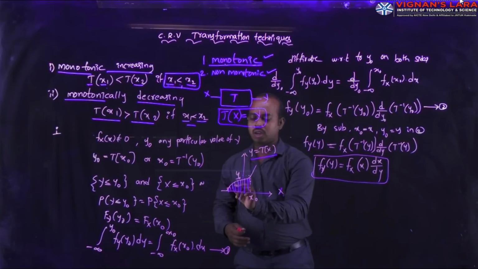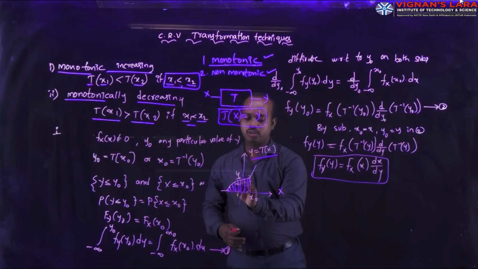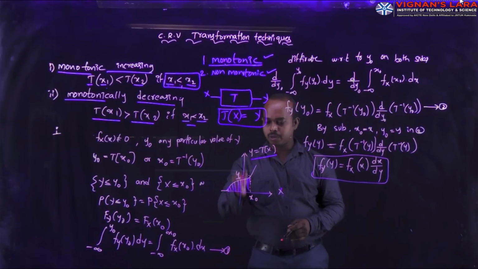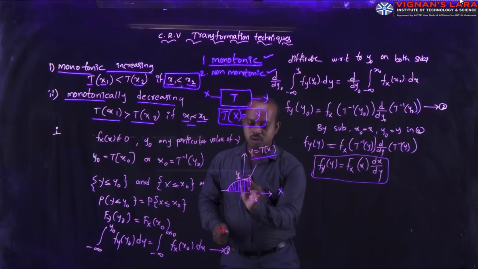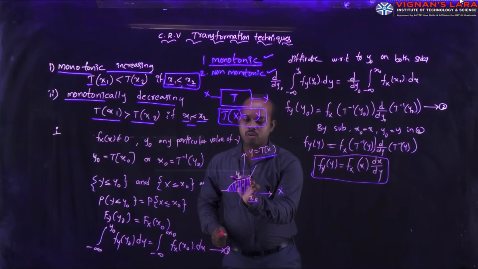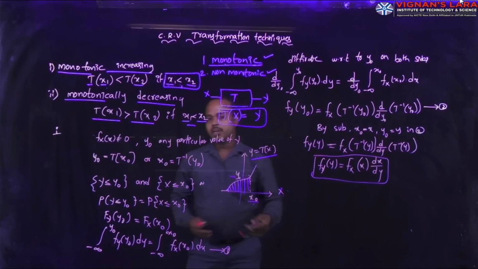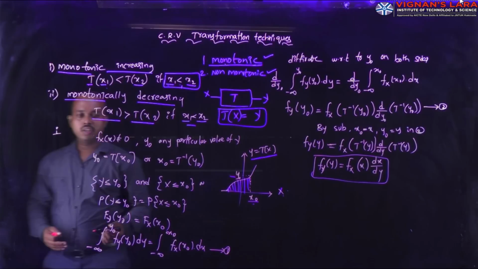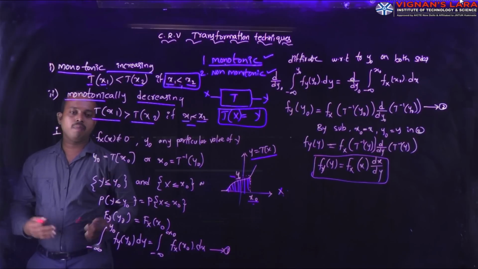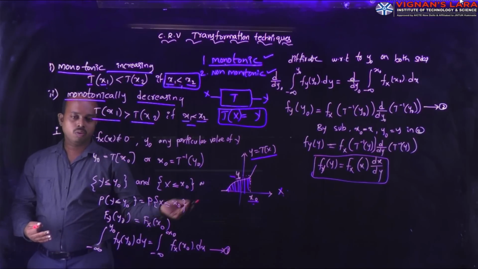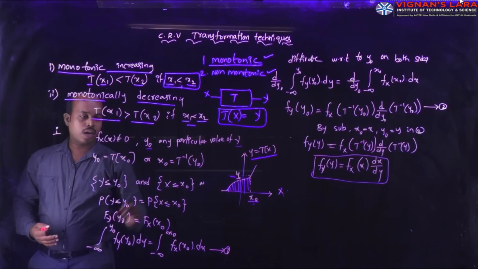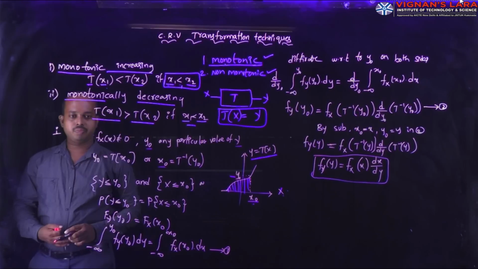I have just taken one graphical model. It is in increasing order. Just I am taking one curve. In this curve, I am representing one quantity here, x naught, and here, y naught. The x naught quantity relates to the input, the y naught quantity relates to the output. To obtain the monotonically increasing function, you can consider the assumption that y naught and x naught are any particular values of the respective random variables. Here y naught relates to the y value and x naught relates to the x value.